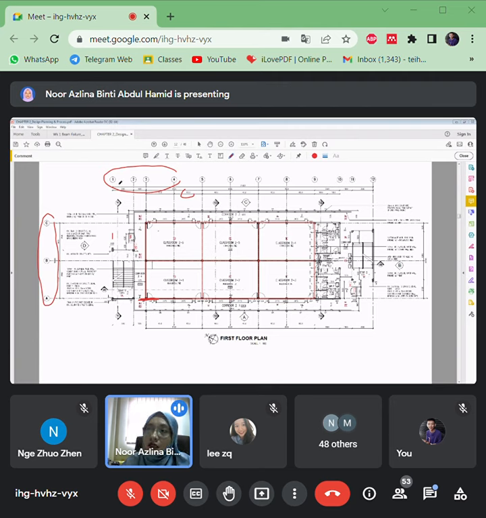Kita nak start sini from A, it should be A to Z. This one baru 1 to 3, kan? Let's say this one 1, 2, 3. No, we couldn't do that. We have to follow the original drawing from the architects.